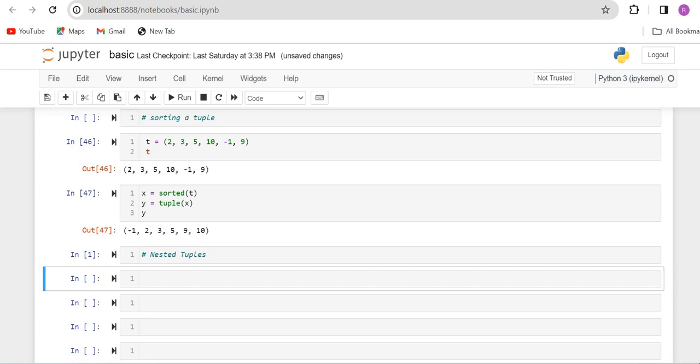Now we will start a new topic of tuple, nested tuple. What is a nested tuple? Just like a nested list, a list inside a list is a nested list, and a tuple inside a tuple is a nested tuple. So, what is a nested tuple? We can have a combination of mixed data types